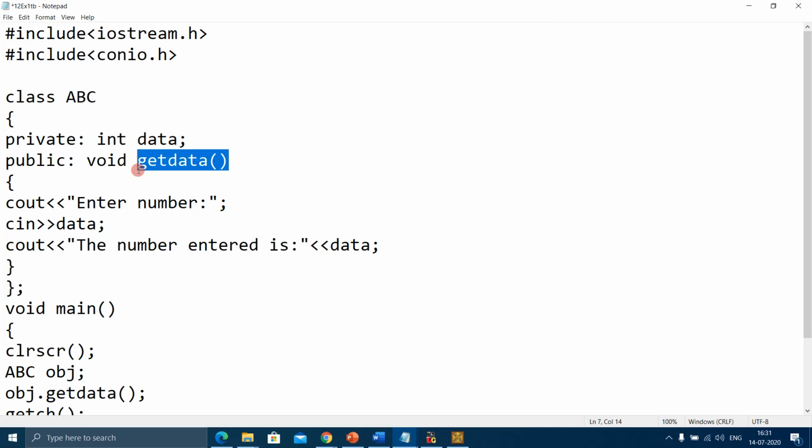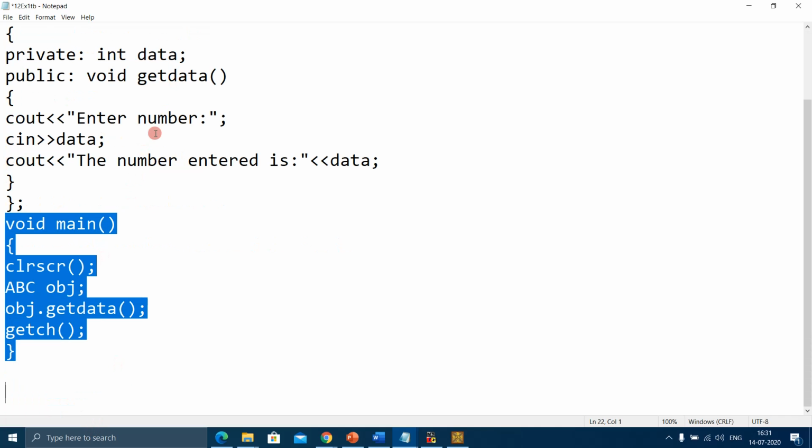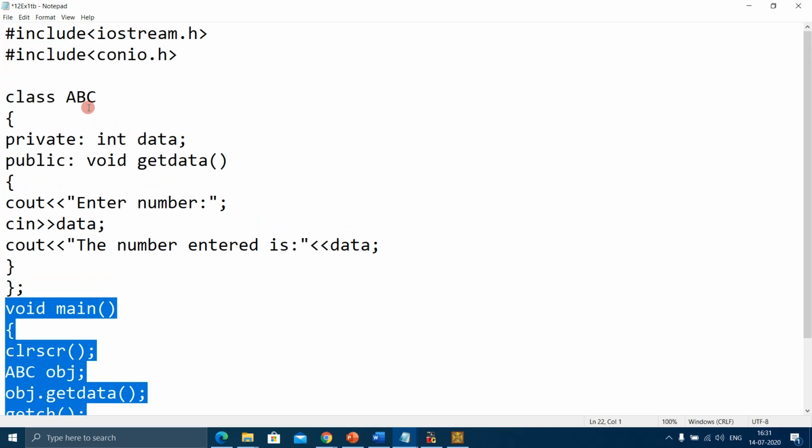Since this function is not going to return anything, I give the data type as void. As you can see, the access specifier of this function is public, so anything outside the class can access this function of class ABC because it is public.